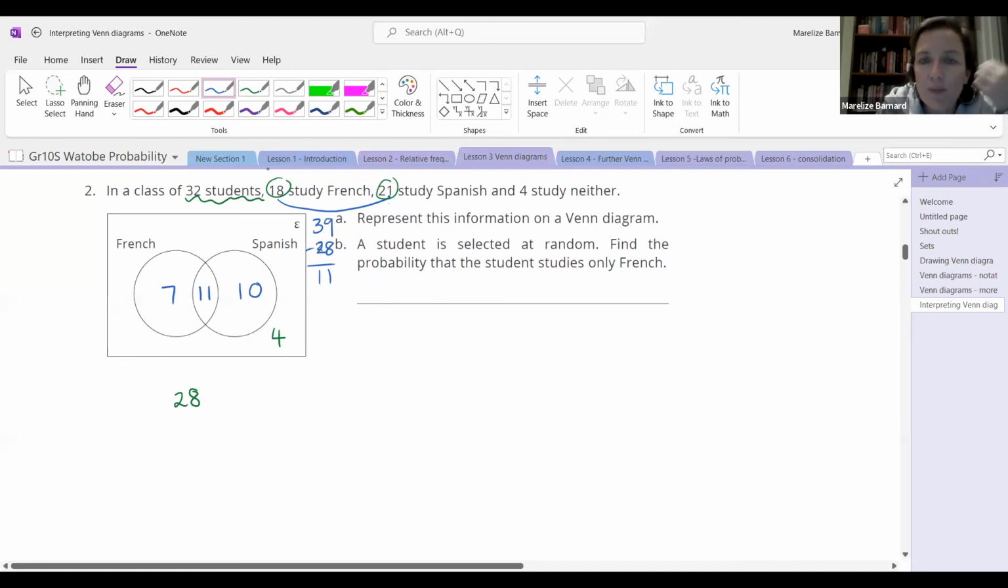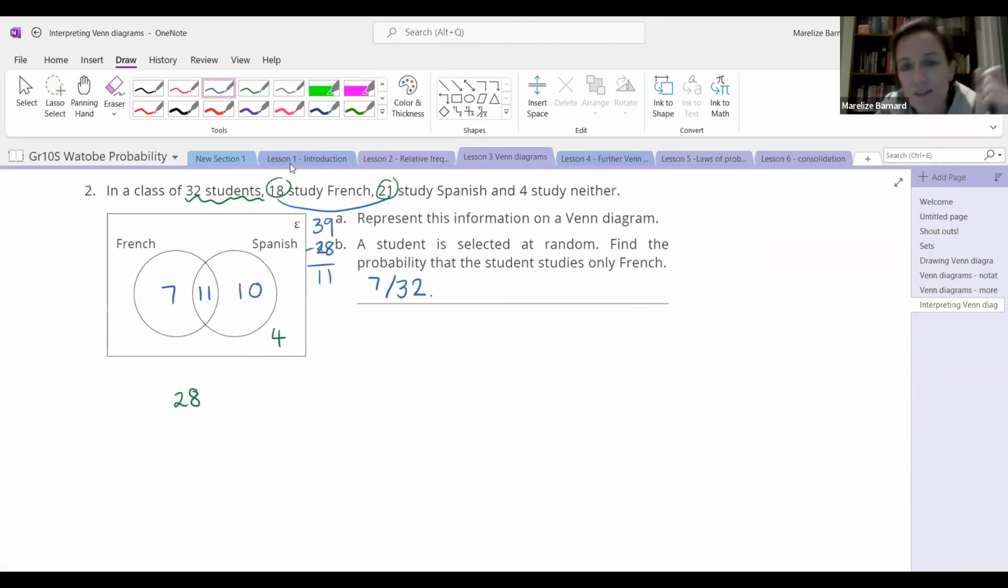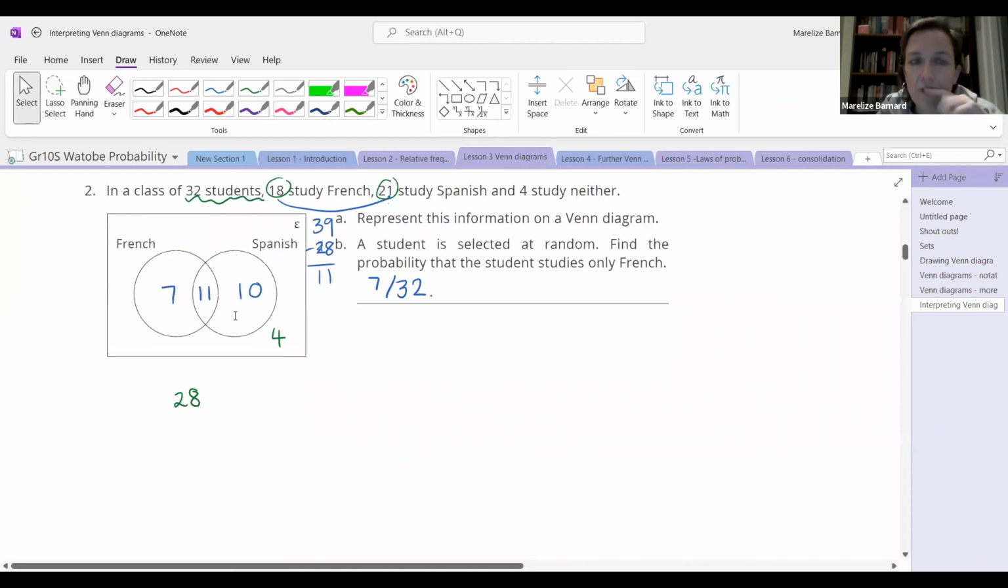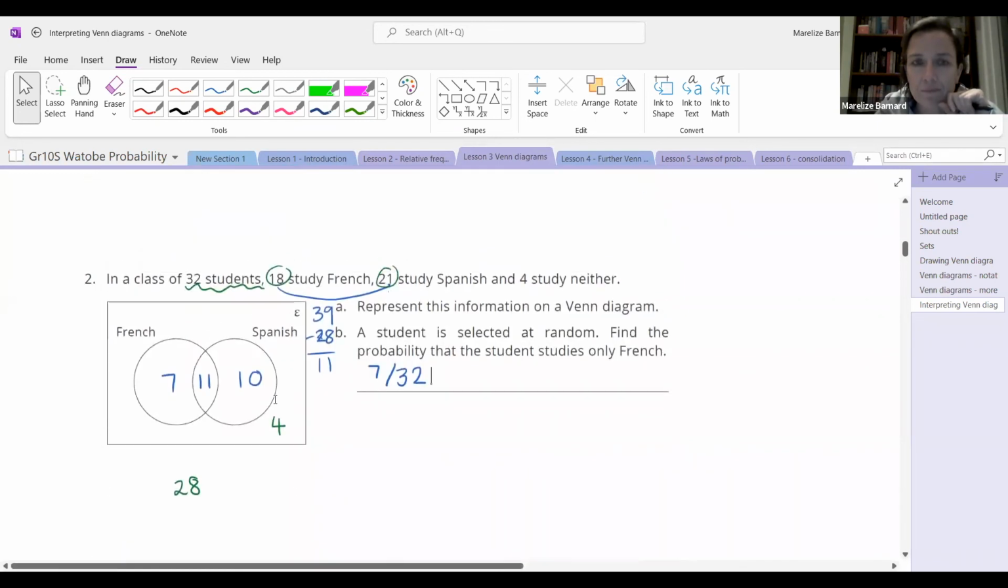And then the probability of a student taking only French, that is 7 out of the 32. So I see a few people got the 7 out of 32. And then Amachli is also saying 28 minus 18 is 10 French. Yes, you can do it that way as well, if you go 28 minus 18. Yeah, okay. But we'll do more